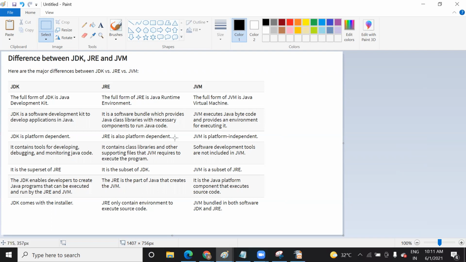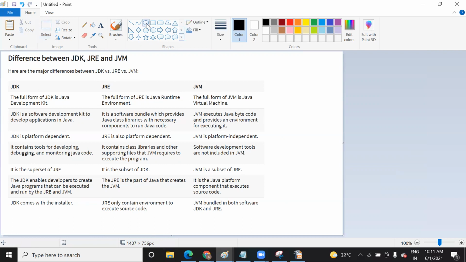Yes, sir. Okay. And JDK has debugging and developing tools, and it has an installer. Libraries, as I said, come with JRE, and JVM is just an interpreter. So inside this JDK, you will get the JRE. Sorry, what I said. JDK is your one folder, and inside this JDK you have a JVM, sorry, JRE, and inside that JRE you have the JVM.